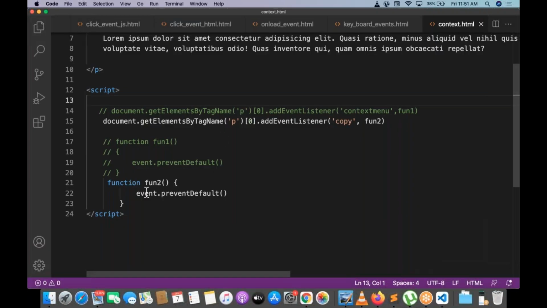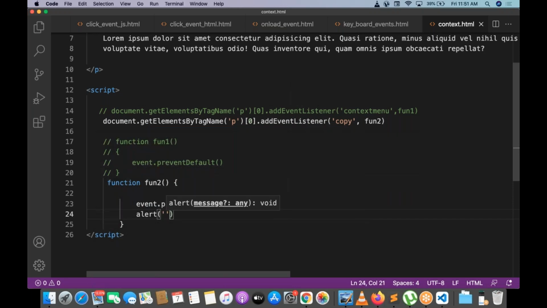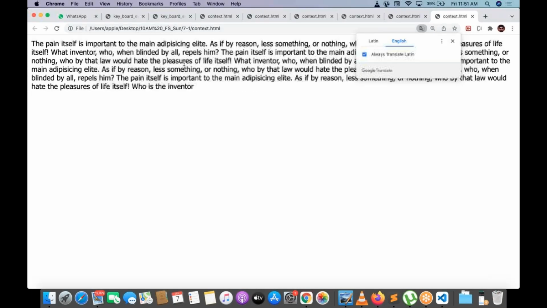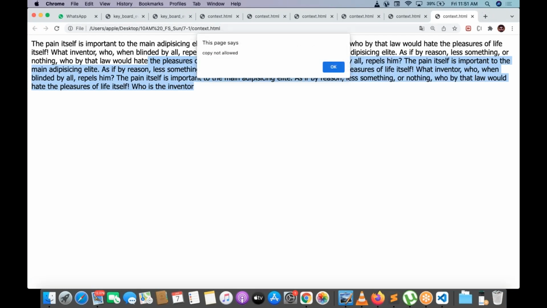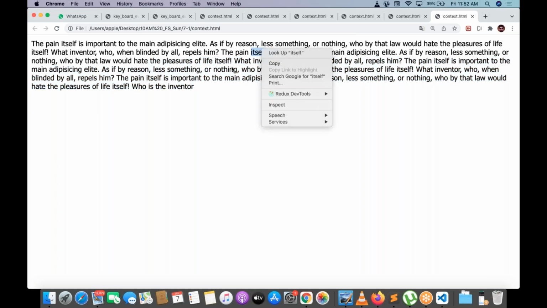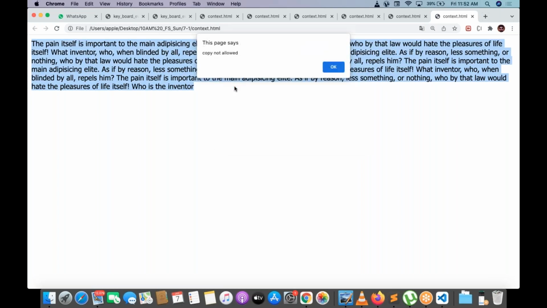So when we do event.preventDefault, one more point I need to show: alert, copy not allowed. Control C or Command C. When I'm trying Control C, it is not working. Keyboard event is working, mouse event is working, both are working. When I try to copy this content, what is happening? Copy not allowed. At the same time, paste is also not allowed.